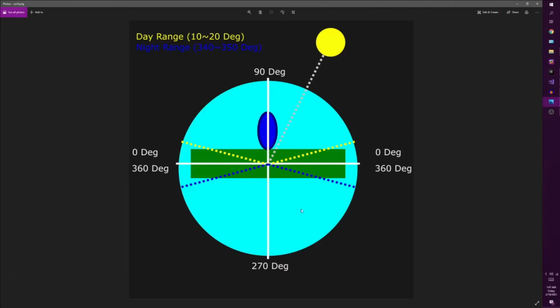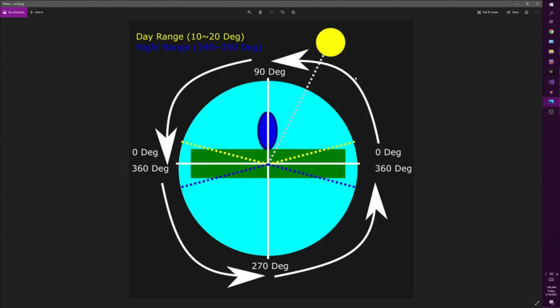And the same for these as well. These don't have to be set in stone. You can adjust them to however you see fit. So our sun, in this case, is going to be moving in a counterclockwise rotation. If yours isn't, try to figure out what rotation it's going in. That way you have a better understanding of calculating the change in the sun angle, because we're going to